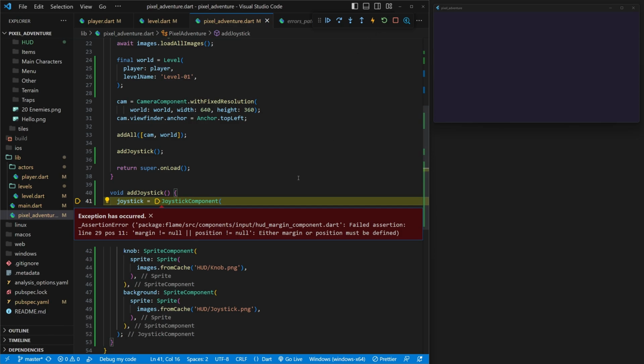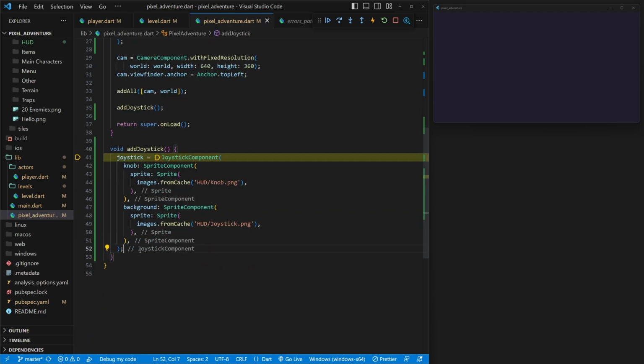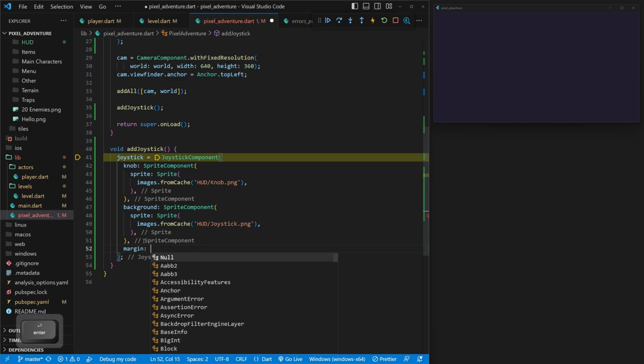We have to either add a margin or a position. And the cool thing about the joystick is we can add margin, and the margin is going to be where we want to actually place it. So we want it at the bottom left. So we can actually call, make sure I'm in my joystick, we can actually call margin, and then the margin is going to be